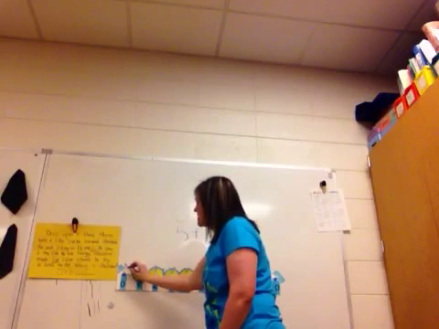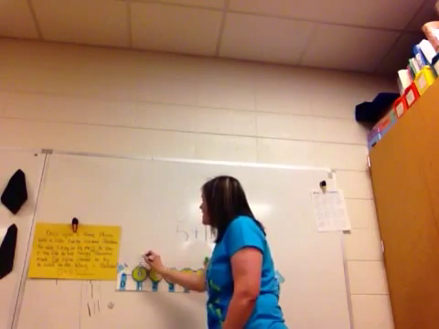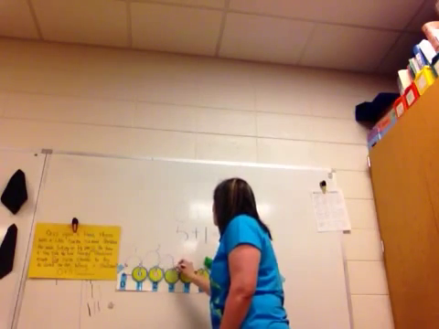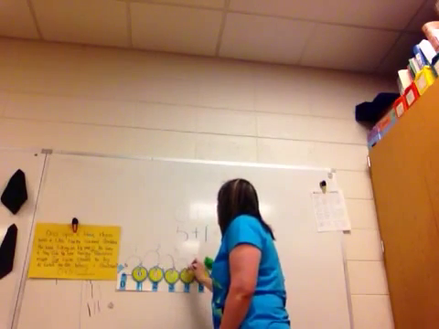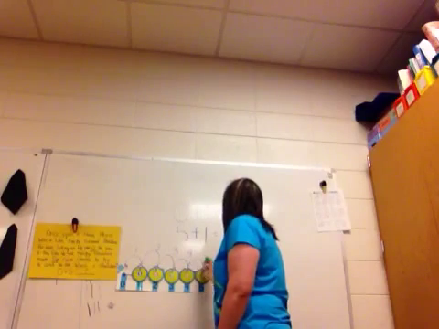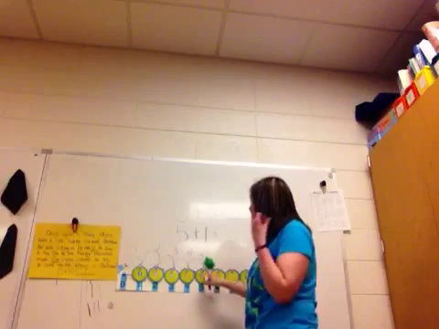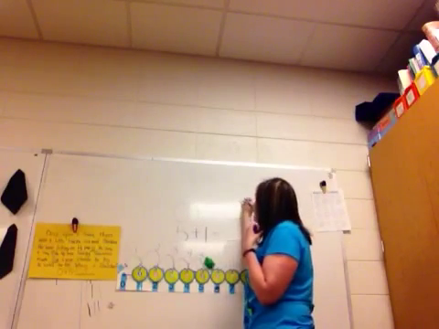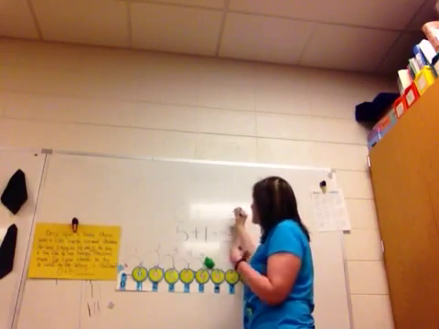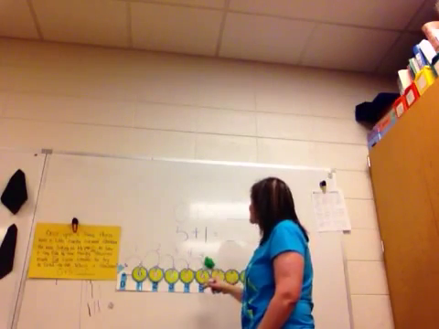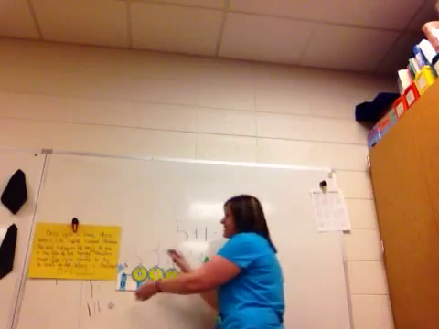So let's start with 0. 1, 2, 3, 4, 5. So when he started on 0 and ended at 5, he did 5 swim strides. And then it said,